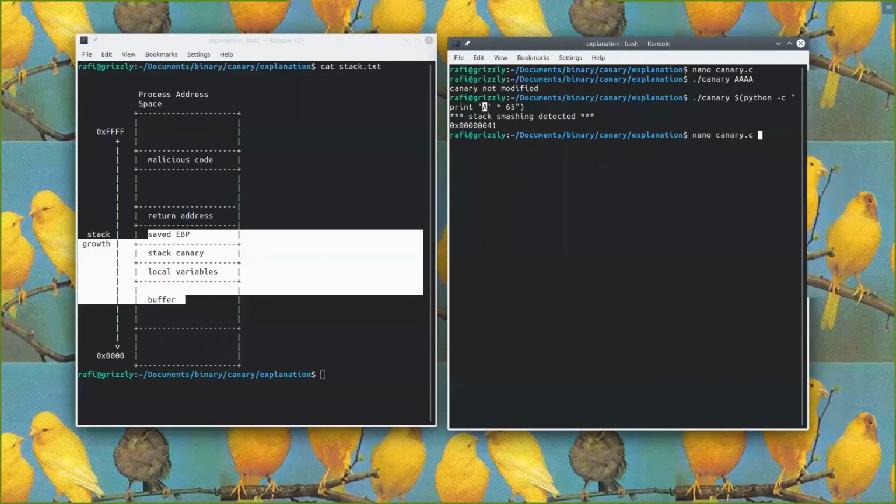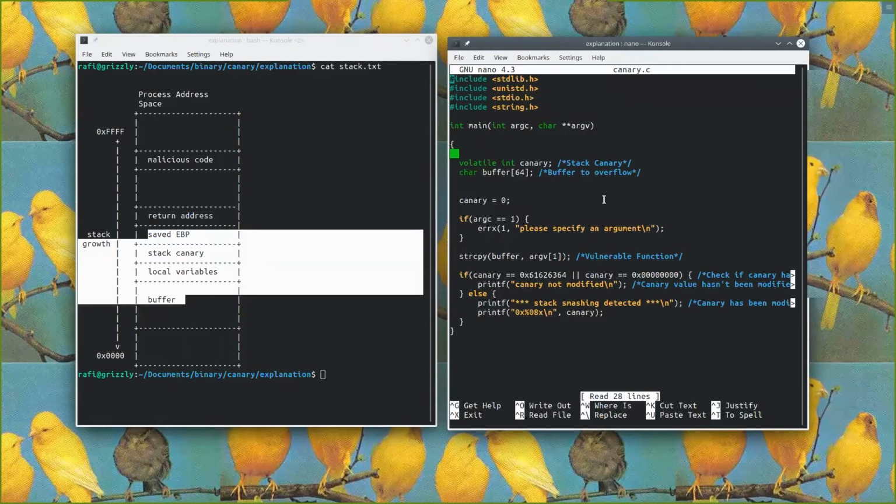Now, if we go back to our little program here, we know both of these things. We know that the stack canary comes right after the buffer that we are overflowing, and we know that the stack canary is being checked if it's equal to this value here. Just disregard this bit of code here. That's just a crappy bit of coding on my part just to make sure the program works properly. So we know that the stack canary's value is hex 61